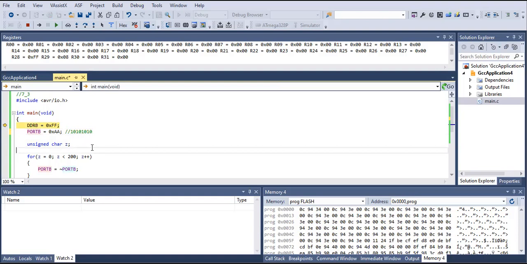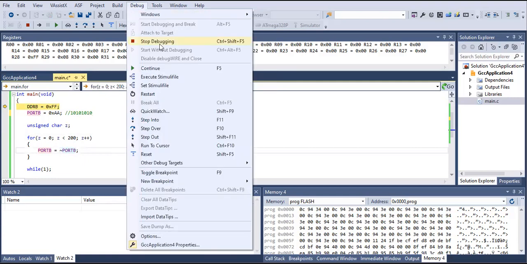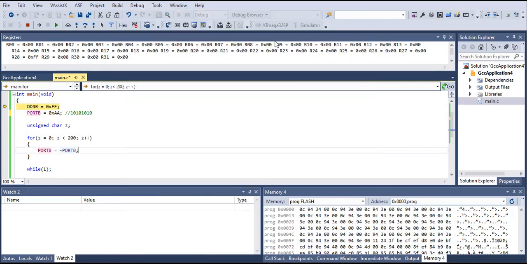If we toggle it, it will become 10101010 from this side. Then we are declaring this unsigned char, and then we are running a for loop, and over here we are toggling port B. You can see this symbol over here. This is a toggle symbol. So if I show you from the IO ports,